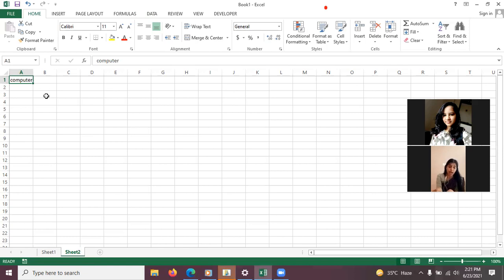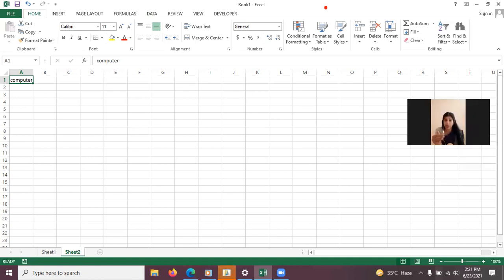So the first one is up key. If I press up key from keyboard, I'll shift up. Bring your pointer down, any other cell, and press up key from the keyboard. So it will take you up. Similarly, if you press down key from the keyboard, it will take us down. Down key beta. Ma'am, my keyboard's down key is not working. Okay. Then similarly, if we press left key and right key, we will shift from left and right this way. So that keys will be working like that.